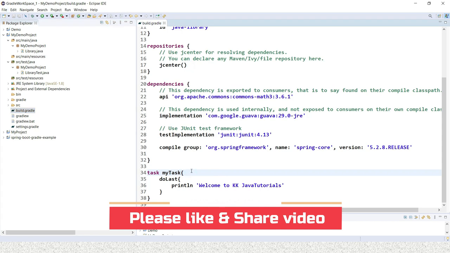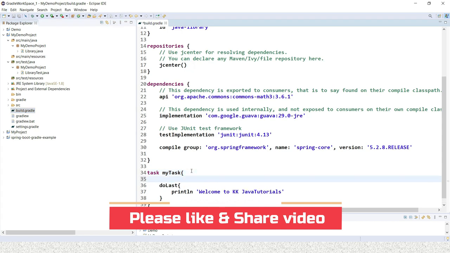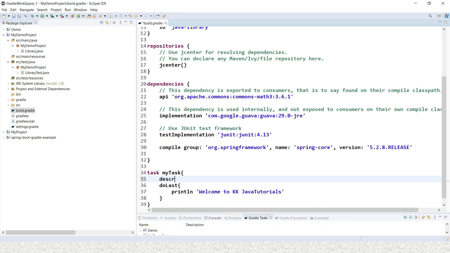So how can we add the description? Just here you can write the word description equals to, and in single quotes you can specify the message. So I would say, this is my custom task.